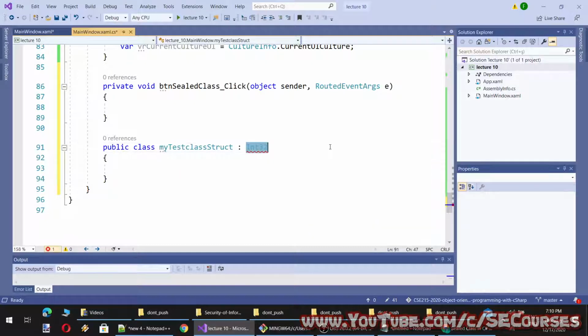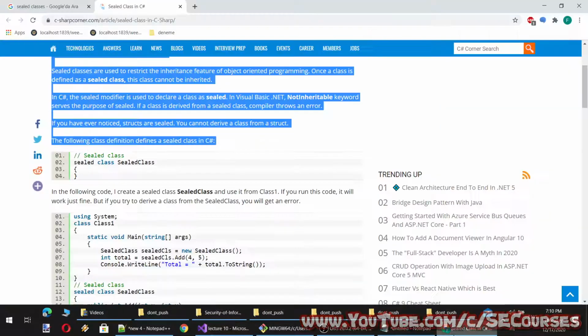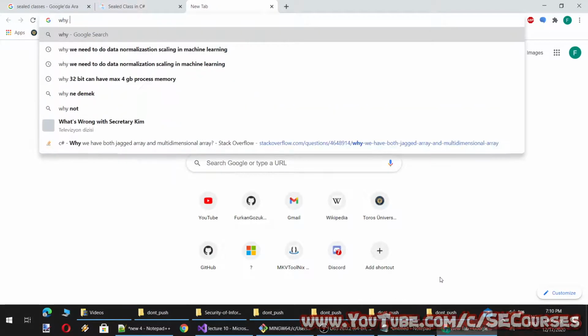However, may I inherit from string, which is not a sealed struct, but actually it is also behaving like a sealed class. Why? Because it is immutable. Okay, it says that you cannot derive from a sealed type string. Okay, so string is also a sealed type, and let's see why.